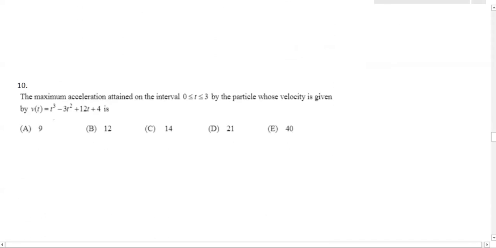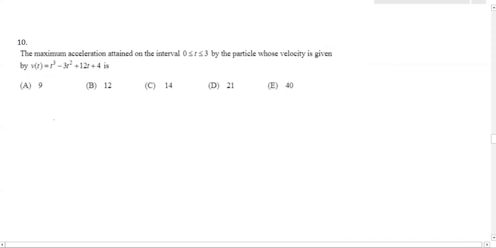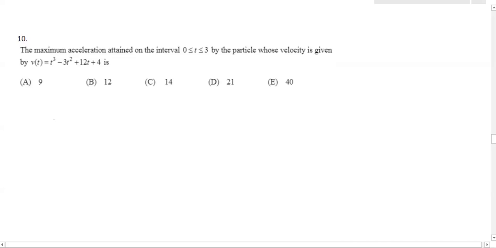All right. Number 10, the maximum acceleration on the interval 0 to 3 of the particle whose velocity is given by v is, so be careful with this one. It's asking for the maximum acceleration. So first off, we got to get the acceleration function, which is equivalent to the derivative of velocity. So 3t squared